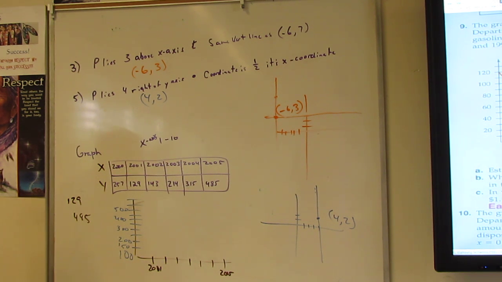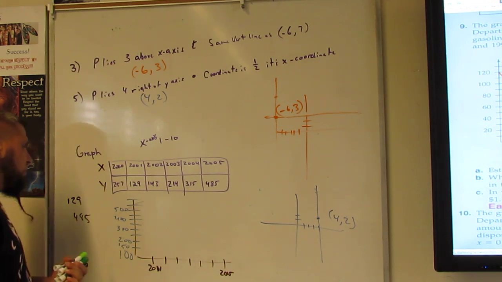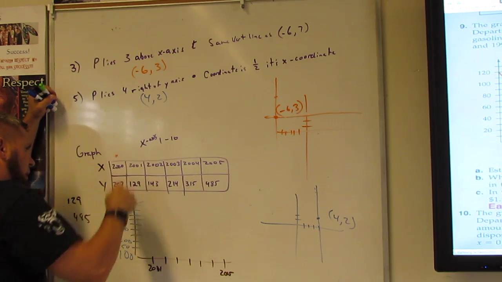Does that work? Okay? And so now I can plug in the points. In 2001, let's put it in orange. So in 2001, I've got,